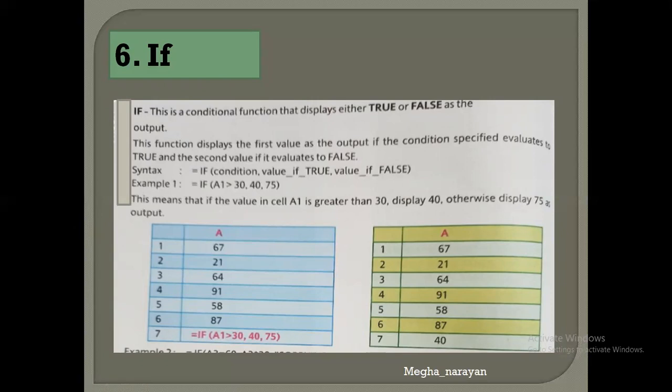This is actually known as a conditional function. It follows a condition, and on that basis only, it will give you the value either true or false. If it is true, the first value is printed. If it is false, it will print the second value provided. Understood? So this was all about the functions as well as the referencing.